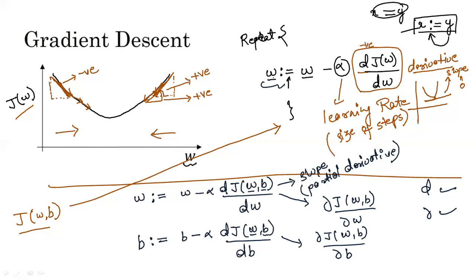Generally, if we have two or more parameters, we try to write the derivative in the form of del notation so that we can avoid some confusion. Suppose our equation is of the form w comma d, then you would have to write d of j of w comma d upon d of d. This would create a lot of confusion. So if you have a single parameter, that is w, then you can write d for the partial derivative. But if you have two or more parameters, then you can write del also. There is no issue. Okay, so this much for now.